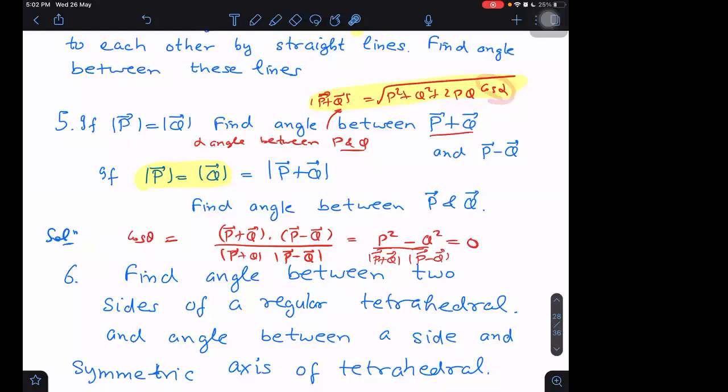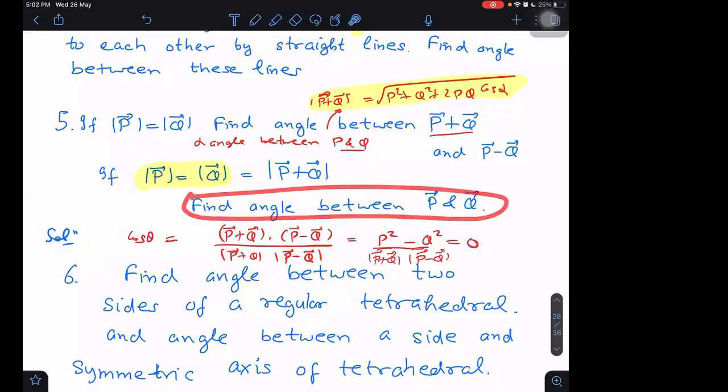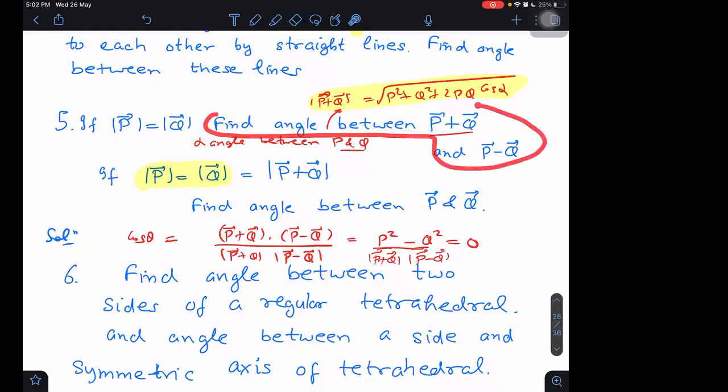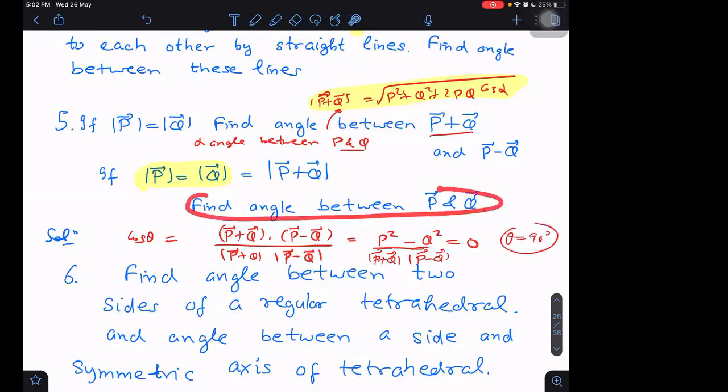Actually, my aim was not to determine that. Okay, sorry, I got your point. I think I have another question also: what is the angle between P and Q? For finding the angle between P and Q, I need this. I had not seen this question. I was mainly focused on finding the angle between P plus Q and P minus Q. That angle we got as 90 degrees. Cos theta is 0 means that the angle is already coming out to be 90 degrees. You are right. If I have to find the angle between P and Q, then again I have to use this, and I will get alpha, I think, 120 degrees.